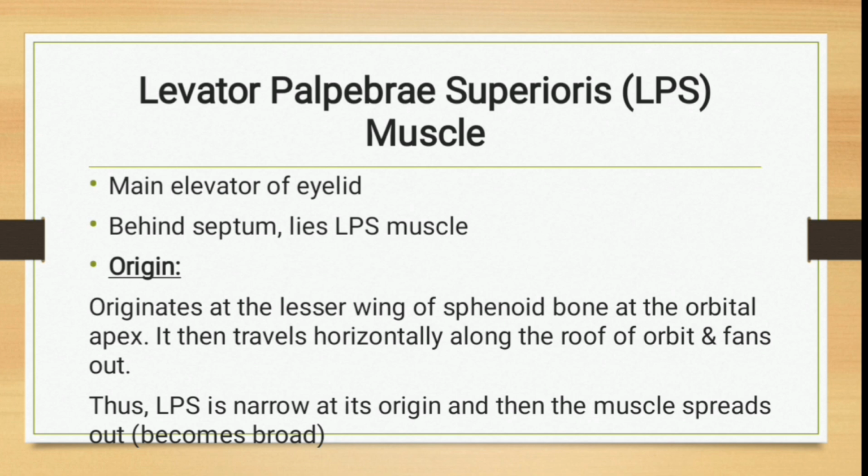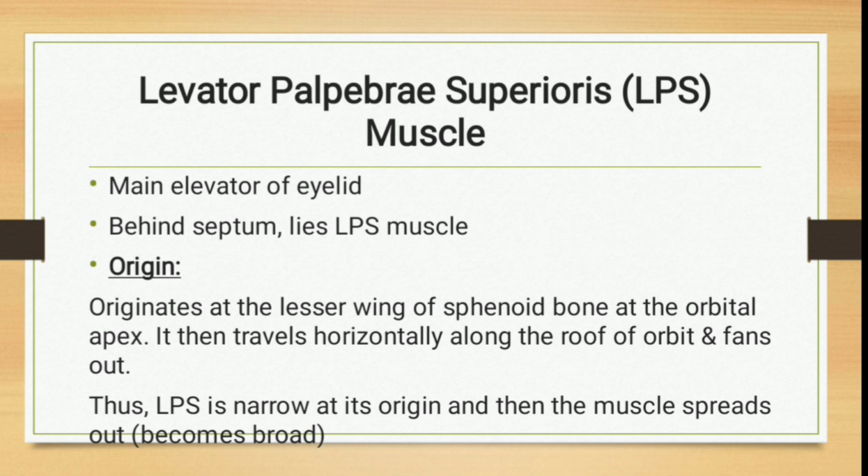We have discussed that there is a muscle that helps in the closure of the eye. So what muscle helps in the elevation or opening of the eye? When we are talking, our eyes are open. When we are viewing or seeing anything, our eyes are open. So which muscle helps the eyelids to elevate, or to open? It is basically the levator palpebrae superioris, the LPS muscle, and it lies behind